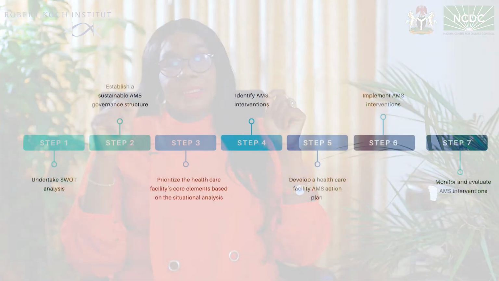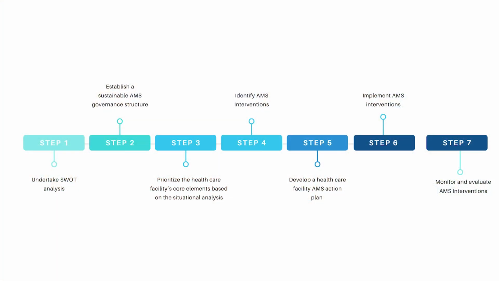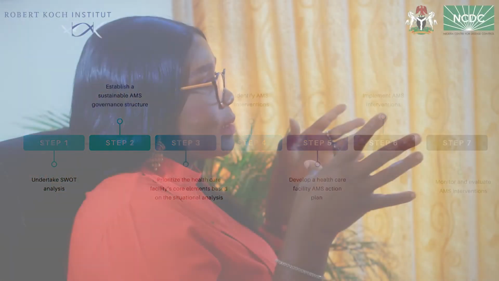It is important to ensure facility-wide coverage in this program, and also remember that the action plan will be endorsed by the healthcare facility management. Step 6, implement AMS interventions. After the assessment and development of the action plan, the next thing is to implement the activities that were written down in your action plan, bearing in mind that you need to change the prescriber's behavior, provide added value, and